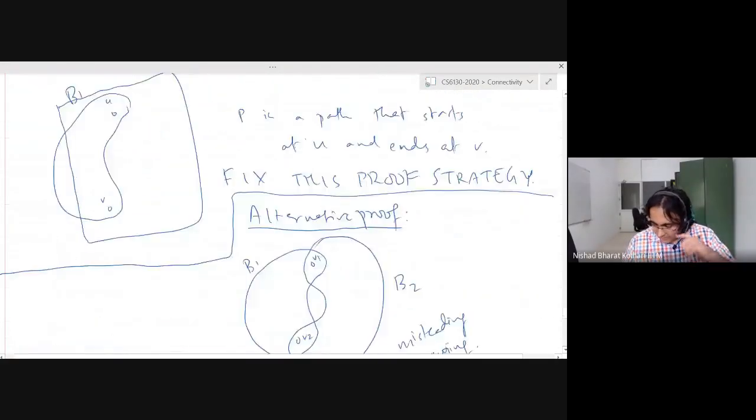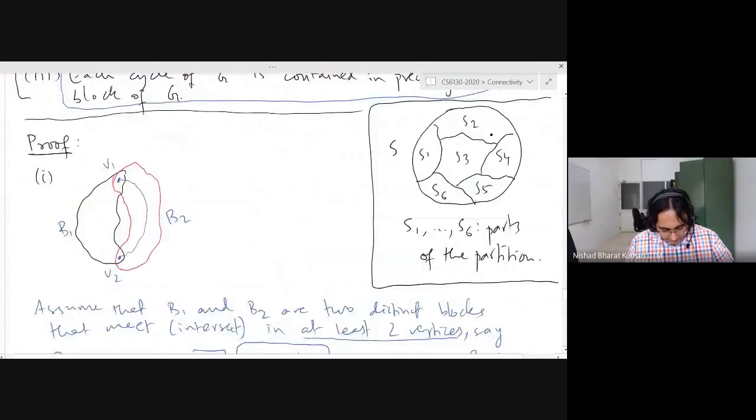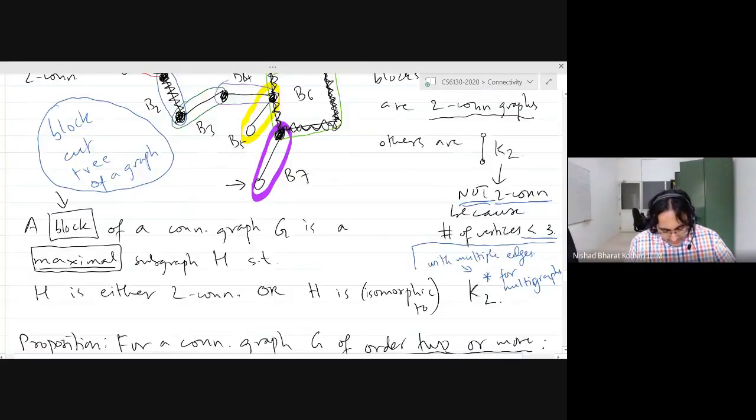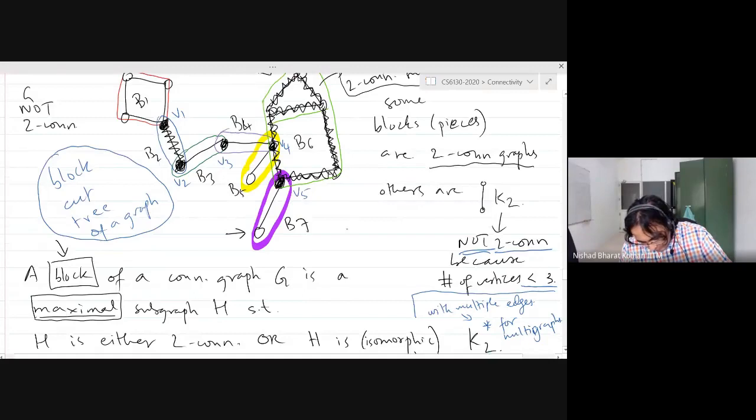So based on this, you can actually make a tree out of this graph. So you can make a block tree graph. You can make a bipartite graph out of this block cut tree of a graph. So what you do is you put all the blocks on one side and you put all the cut vertices on another side. V1, V2, V3, V4, and V5. And you can make a graph out of this as follows.